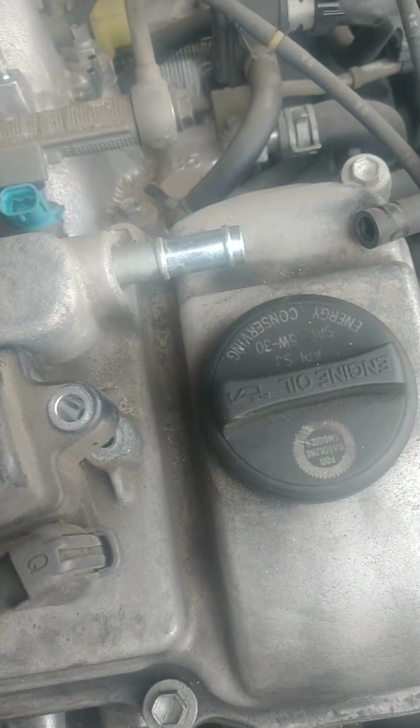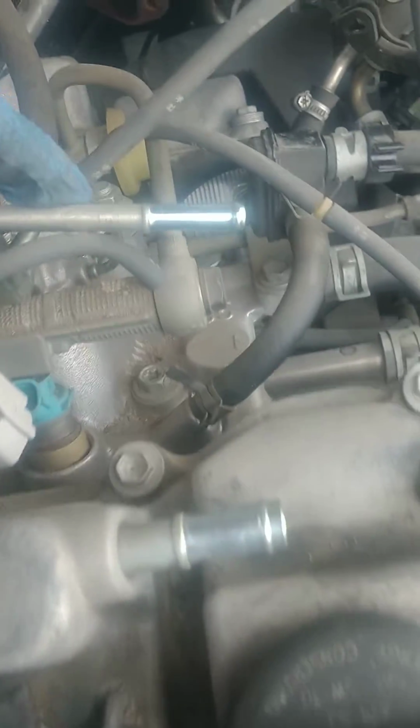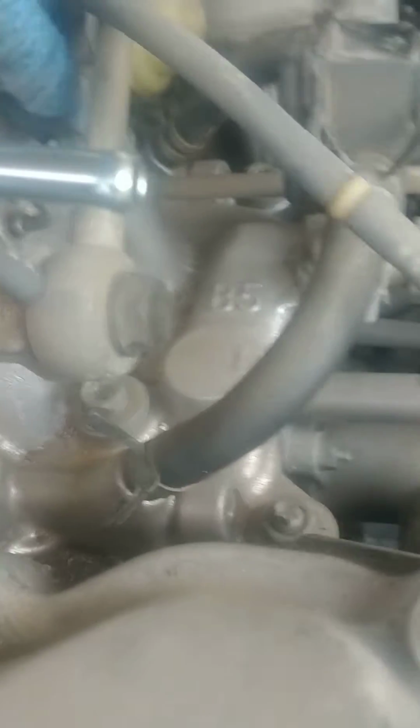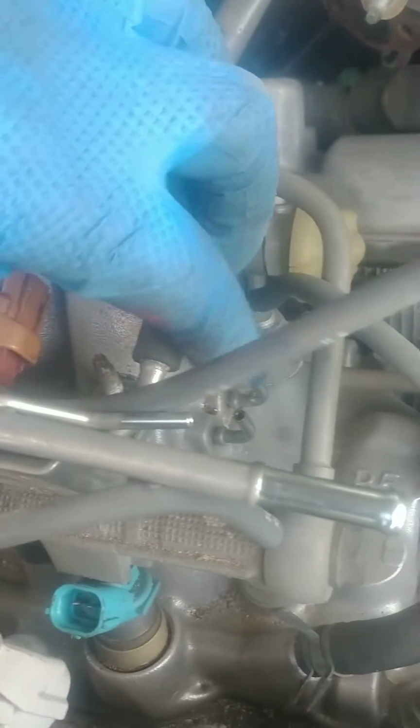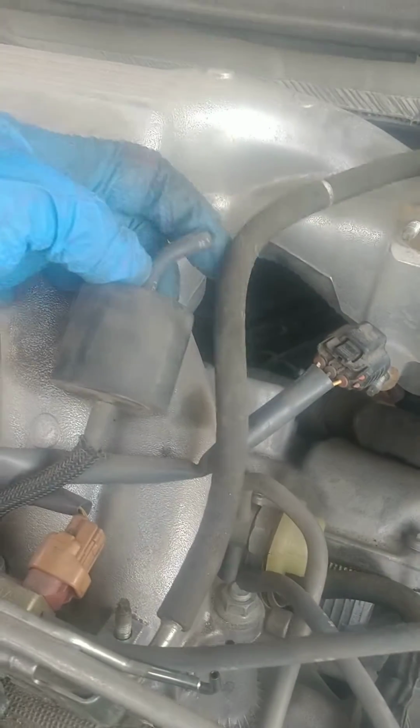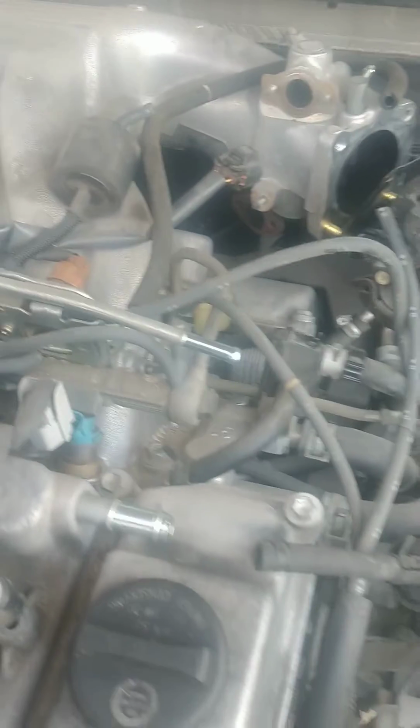10 millimeters. And this will come out, but to do that, you need to disconnect the hoses from here. There are hoses. And from here, these two. From here, everywhere where it's connected here, you want to disconnect the